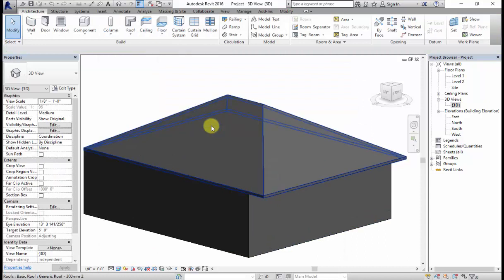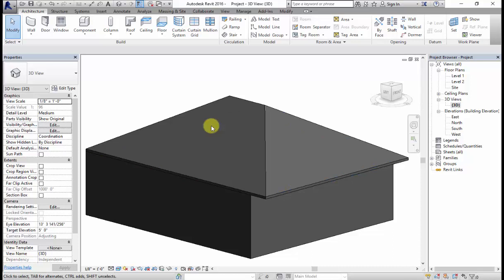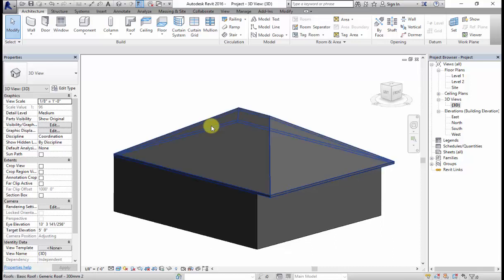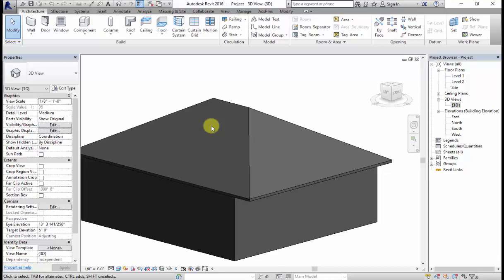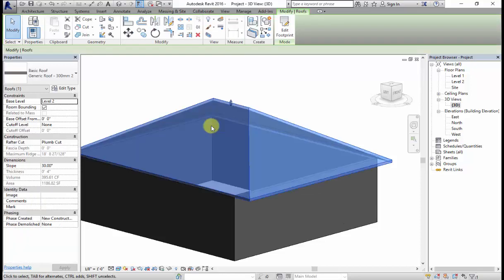Suppose you need the slope on only 2 sides; then you keep the slopes only on 2 sides. I'll explain that also. Next, instead of a sloped roof, if you want a flat roof, that is a slab, I can place a slab using roof by footprint itself. I will edit this roof and make it a slab. Instead of deleting this and placing the boundaries of the roof again, I'll show you how to edit it, and you will come to know how to add the flat roof also.